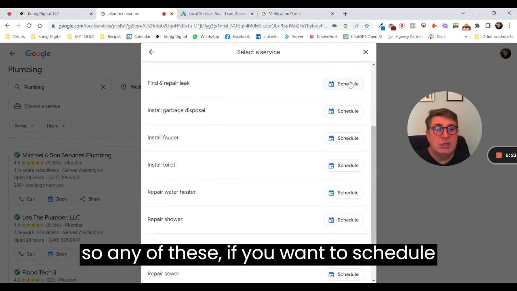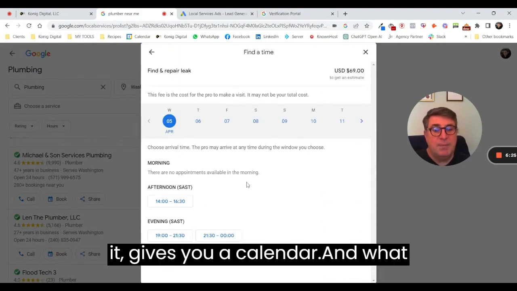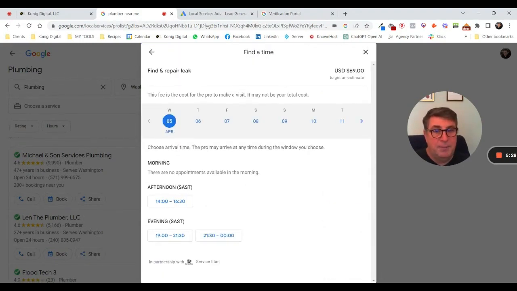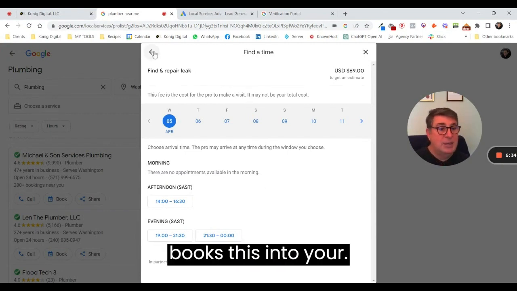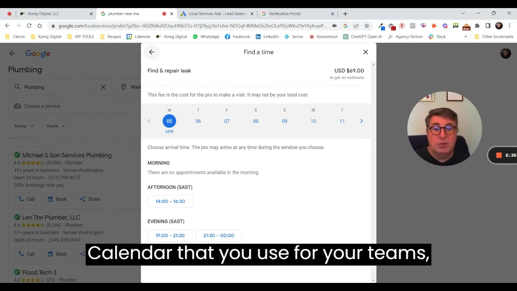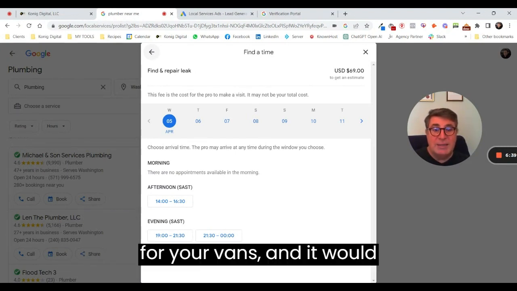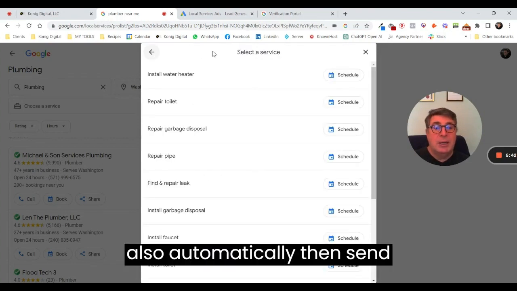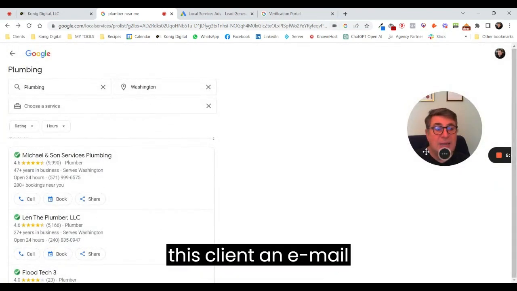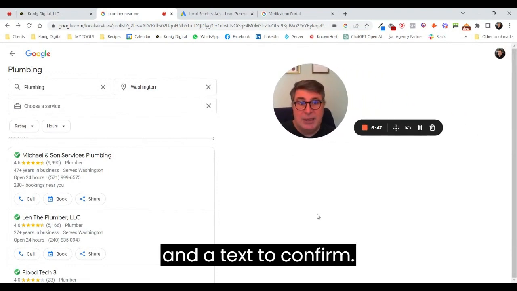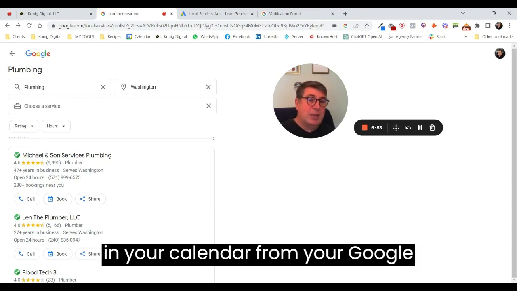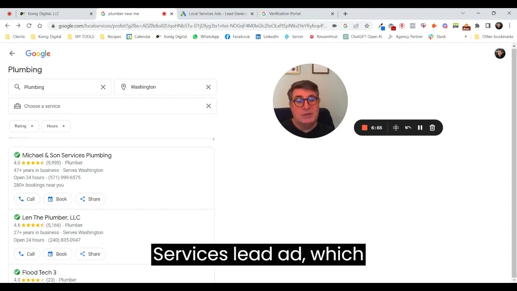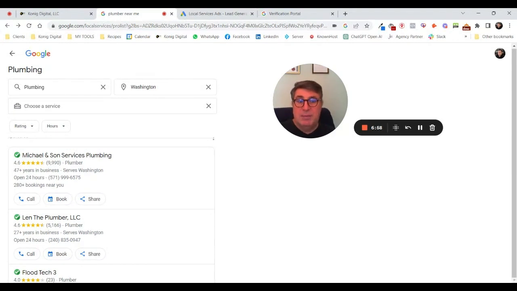So any of these, if you want to schedule, it gives you a calendar, and what our automation now does, it actually books this into your calendar that you use for your teams, for your vans, and it would also automatically then send this client an email or a text to confirm, and you will have a booked appointment in your calendar from your Google Services lead ad, which makes it a much better lead, and you will,